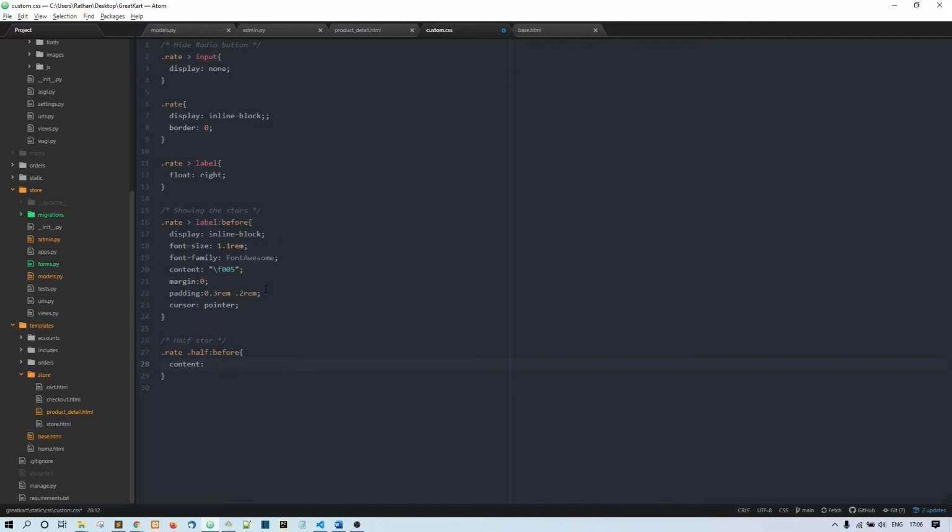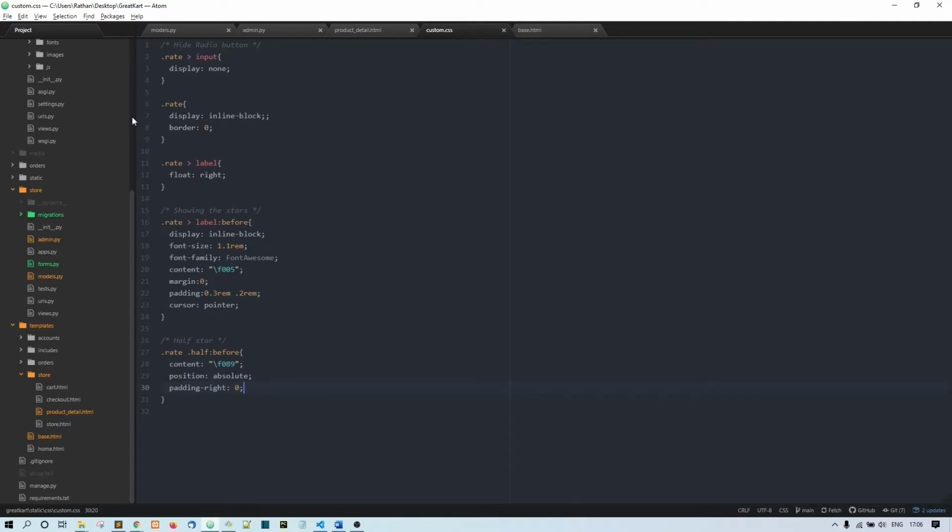I'll say backslash f089. This is the CSS content for the half star, and its position will be absolute. Padding right 0. I hope you guys know the CSS, so that's why I'm not explaining much in this video.